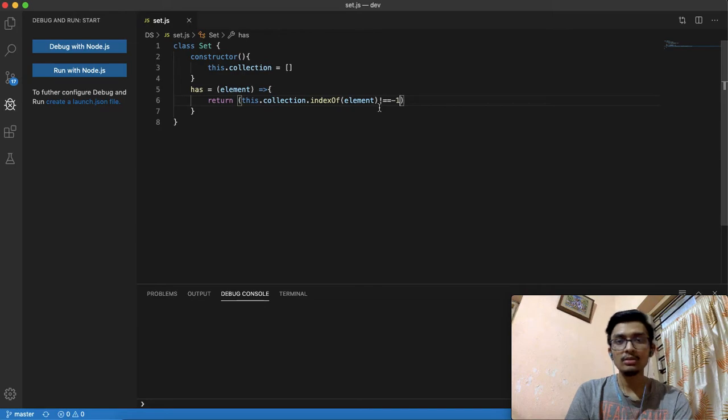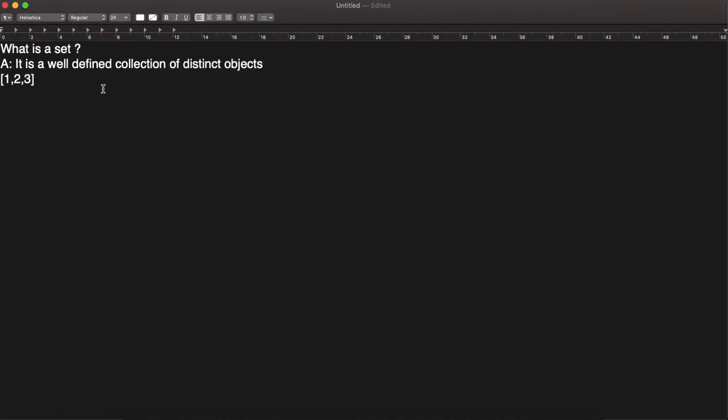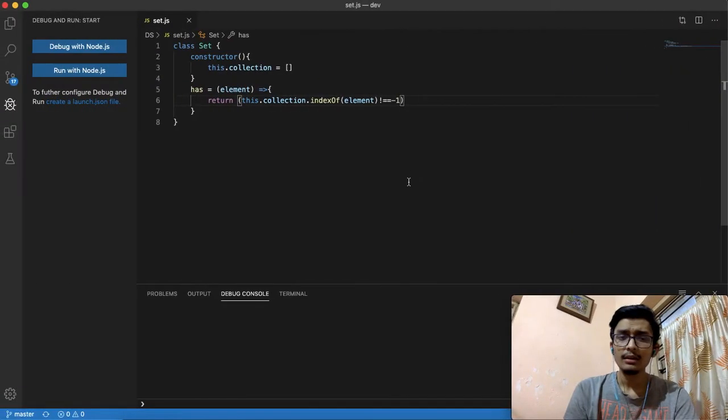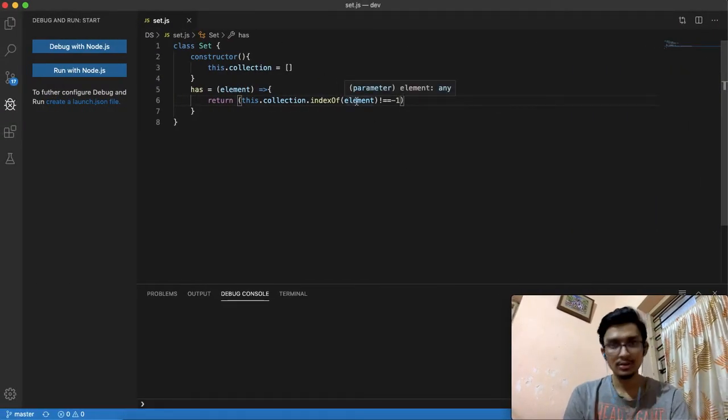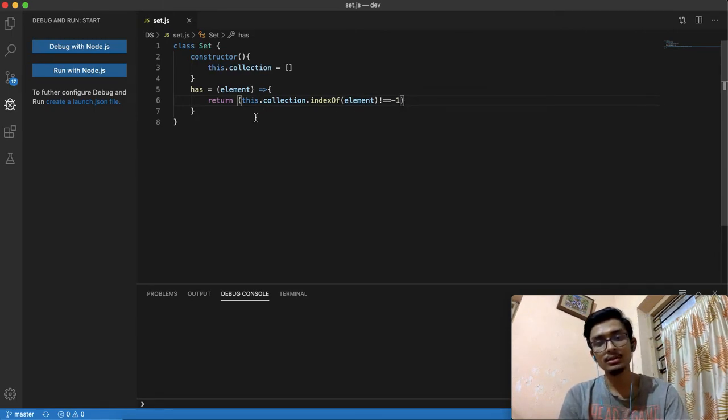So not equal to minus 1 is false, and if an element exists, let's say I want to find 3, so indexOf 3 is 2 since array index starts from 0: 0, 1, 2. So 2 is not equal to minus 1, therefore it returns true.